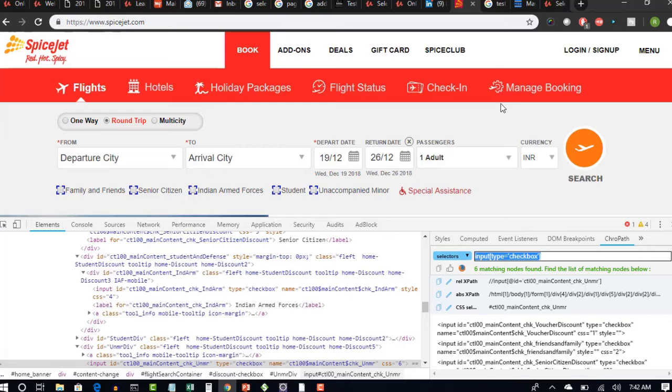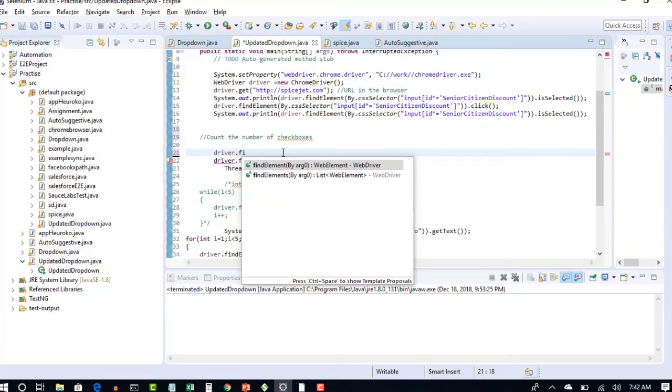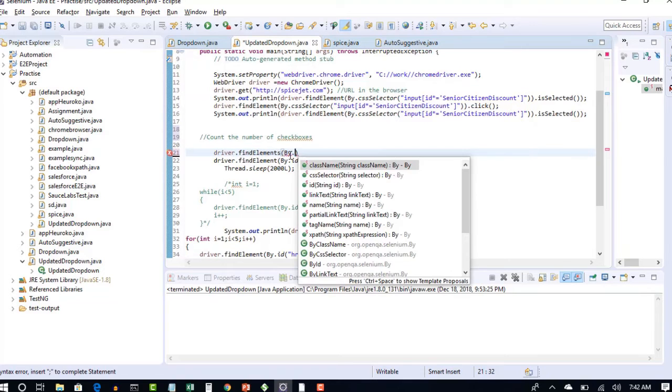So your first approach is to find out the common locator for all the elements whose count you want to get. Okay, and once you give that common locator, make sure that everything is selected, like all the checkboxes. After that, it's very easy from Selenium to get the count once you have the common locator. driver.findElements, plural this time, because you are trying to grab all those elements, right?